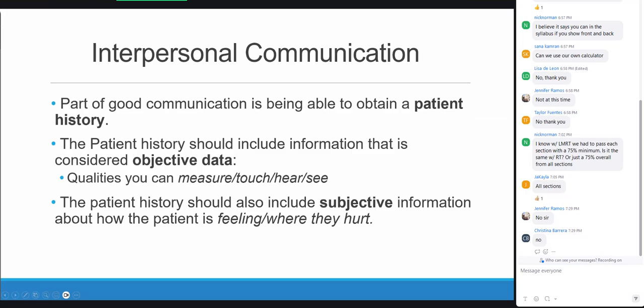Another important part of this is being able to obtain a patient history. Remember, we are the eyes and ears of the radiologists. They get the images that we take, but they don't get the context in which they're taken all the time, because